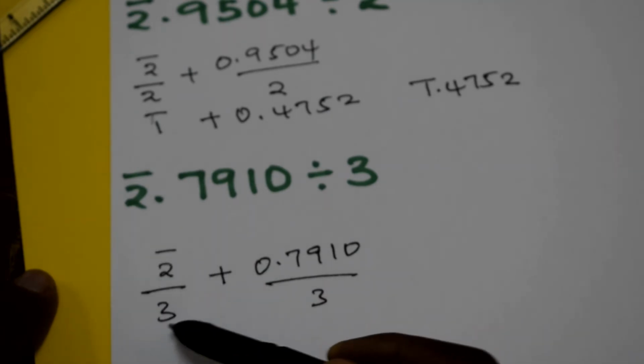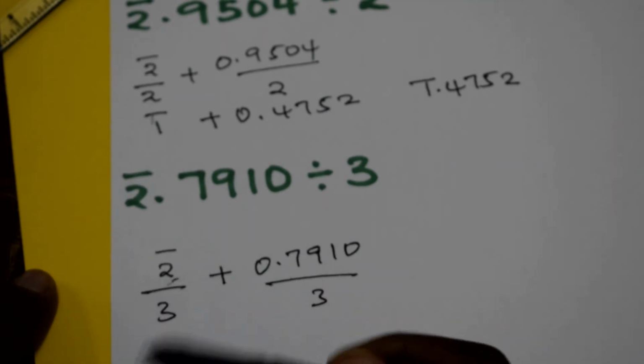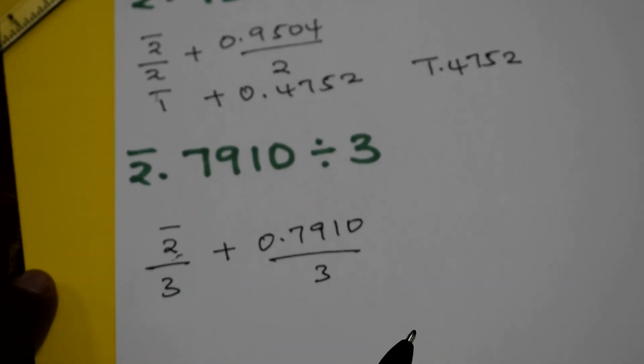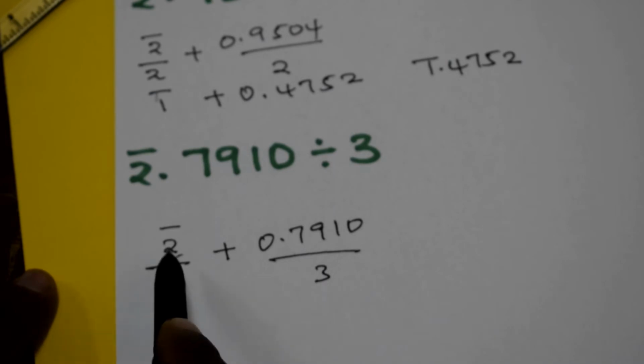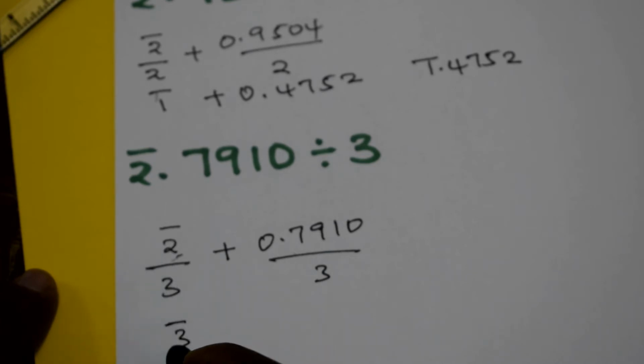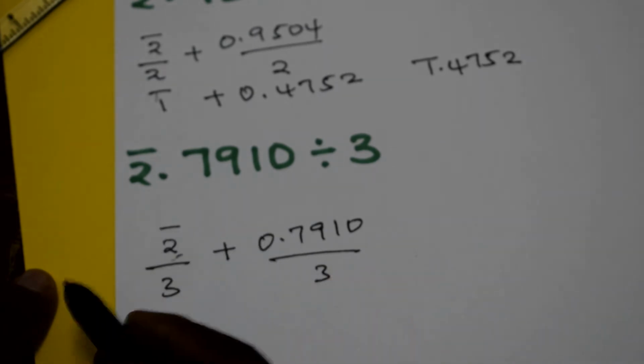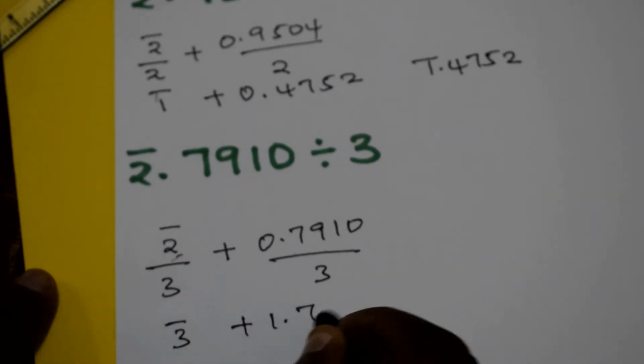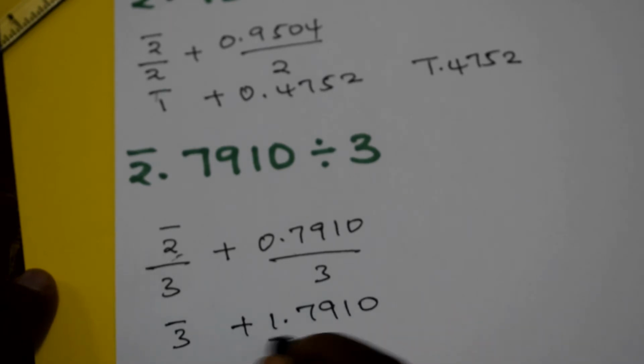We want to make this number bar 2 divisible by 3 by having the next least negative number. So if, for example, I need the next number that is divisible by 3 will be negative 3. So I have to subtract 1 to this. So I'll get negative 3 and then add 1. Negative 1 plus 1, which is 0, which allows us to rewrite the expression in a different way